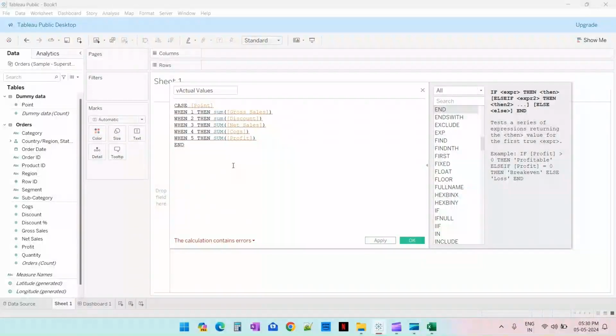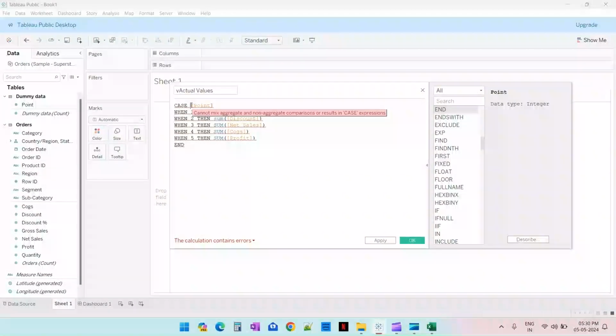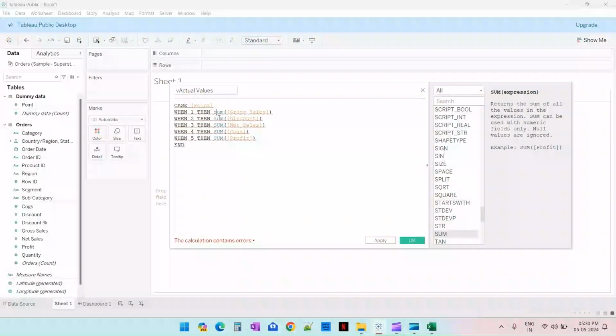We will say end. Okay, so our calculation is giving us some error. Sorry. It is showing we cannot mix aggregate and non-aggregate in the case statement. That's correct because the point we have taken is not an aggregated measure, or you can say aggregated column, but these things are all aggregated. So either you have to remove this, or you can remove this aggregation of that part,